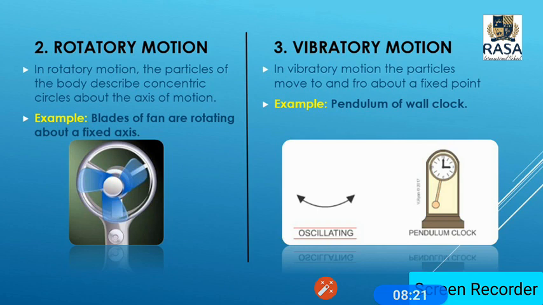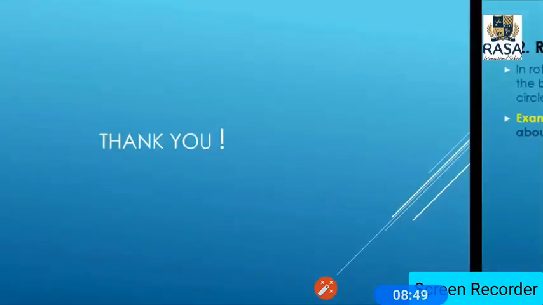So we are able to understand the three types of motion. Basically, one is translatory motion. Under this we have two categories, rectilinear and curvilinear motion. The second is rotatory motion and the third one is vibratory motion. So now, if an object is in motion, we can clearly identify in which type of motion that object is. Thank you for